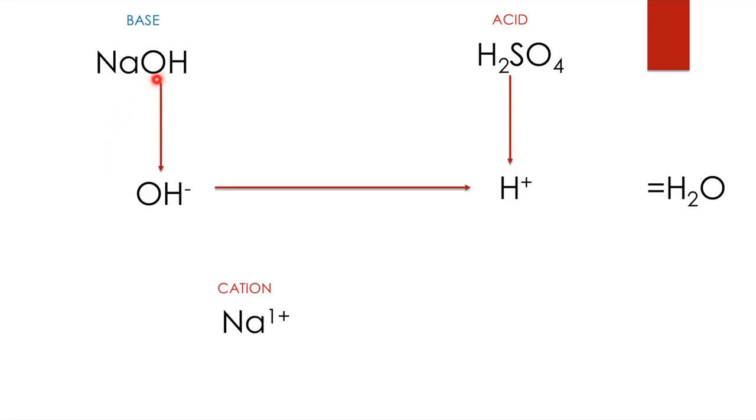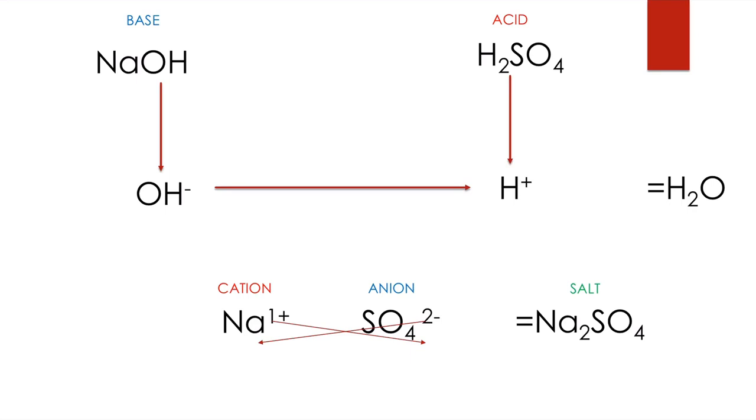यहाँ से OH चला गया. What is left? Sodium. Okay, so sodium has positive charge, that is why it is cation. And what is left with the acid? Acid has given its hydrogen ion. What is left? It's SO4 or sulfate part, and sulfate is the anion. What is going to happen when this cation reacts with this anion? They will share the valencies, and according to their valencies, they will form a salt which will be Na2SO4, which is sodium sulfate.